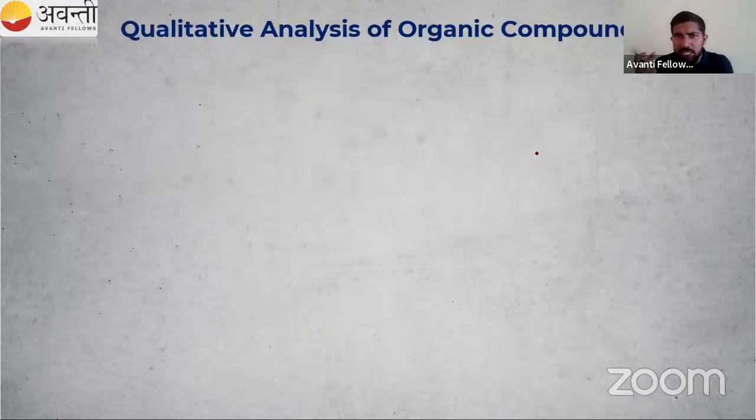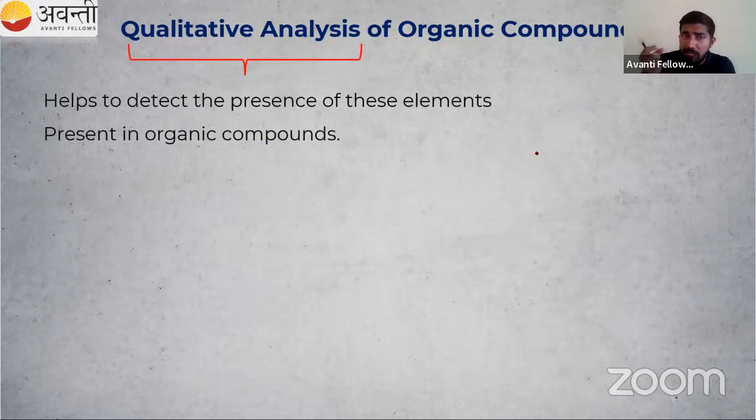What we have studied in the last class: we are studying about qualitative analysis of organic compounds. We want to detect the presence of elements. We have an organic compound, and we have to detect which elements are present in it. That is known as qualitative analysis. No need to calculate the amount or percentage of the element present. There is quantitative analysis, in which we will study how to calculate the percentage of the element present